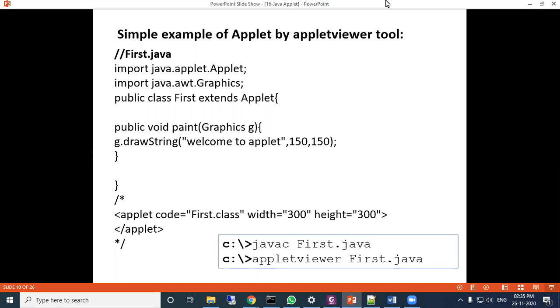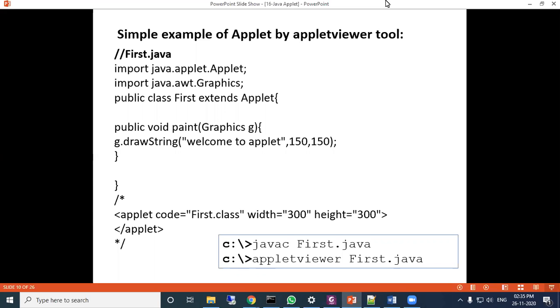Before applets, we learned basic programming, which can be applied in console applications and in any type of application. But for GUI applications, you need some other things like applet and AWT. These things we will discuss.